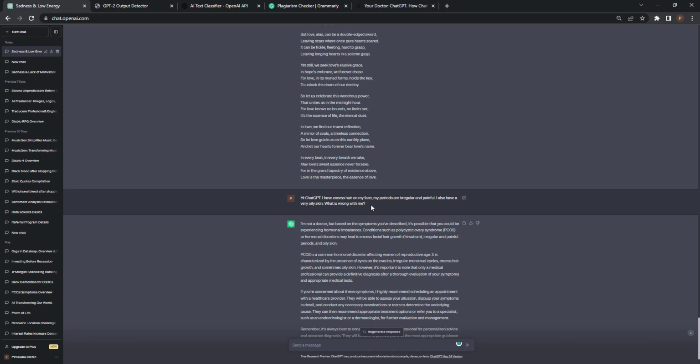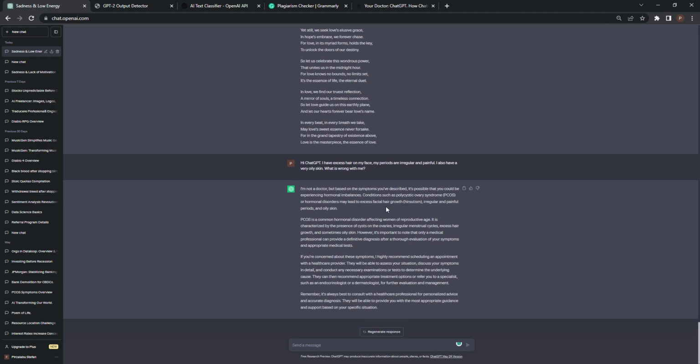and tell him, I think I have this or this. Okay, I want to do extra screening or extra tests to see what exactly is the problem, right? So it will give you a first idea about what may be wrong with you, right? So if you describe the symptoms, he will give you the most likely conditions that you may have, which is amazing, really, because you are not a doctor, you don't know anything about anything, really. So this is like a cheap, not cheap, it's a free diagnostic, and it's a very good diagnostic